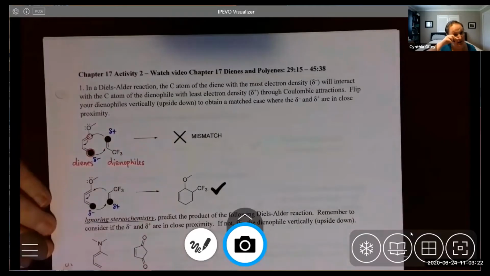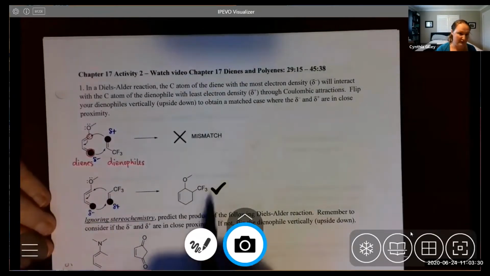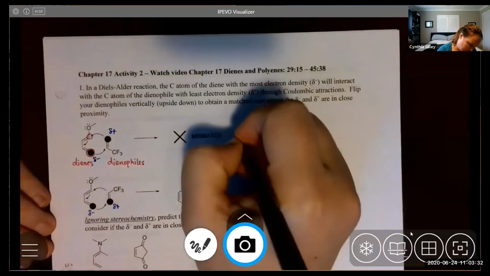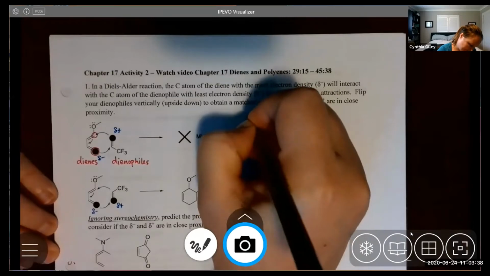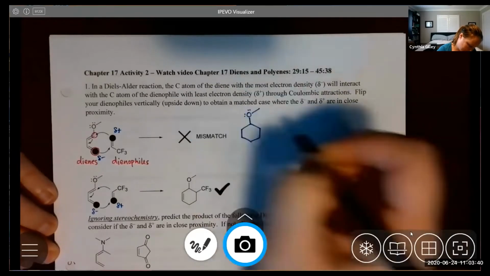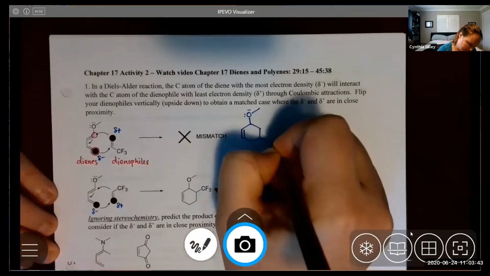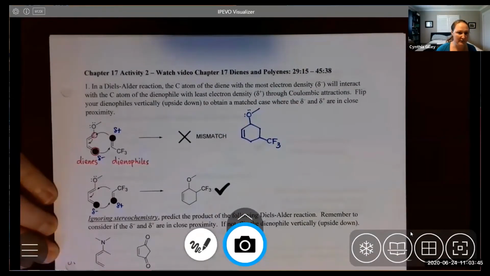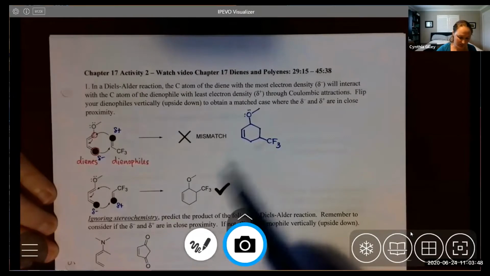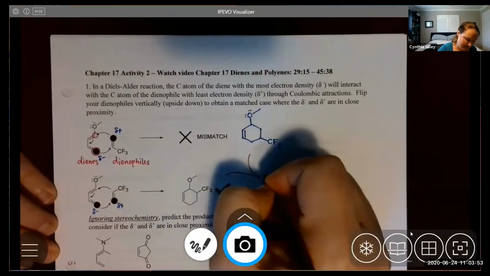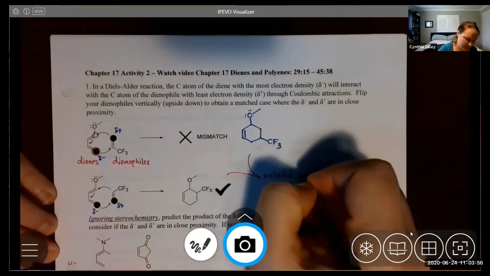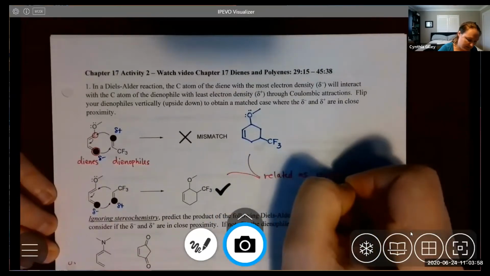Okay, so we want to make sure that we have the charges aligned, right, and that will give us the correct regioisomer. So if we had drawn out what we would have gotten from the mismatched case, ignoring stereochemistry, we would have gotten this one. So if you can think about what might be the relationship between these two, right, these are actually related as constitutional isomers. Hopefully you've heard that term before. Constitutional isomers